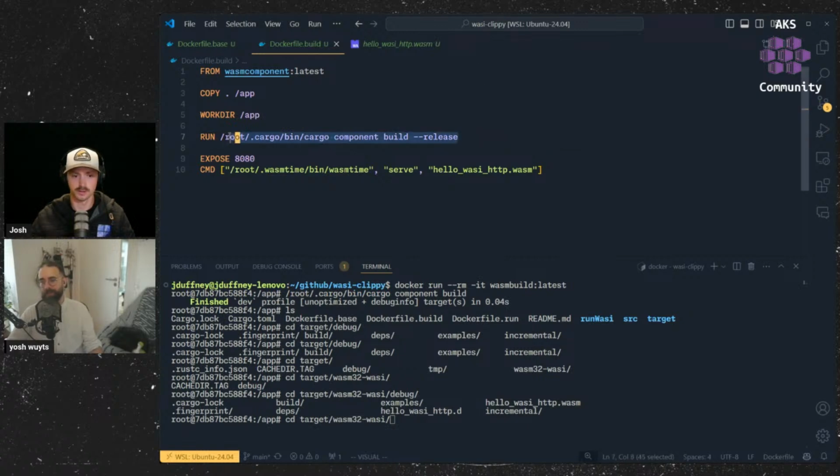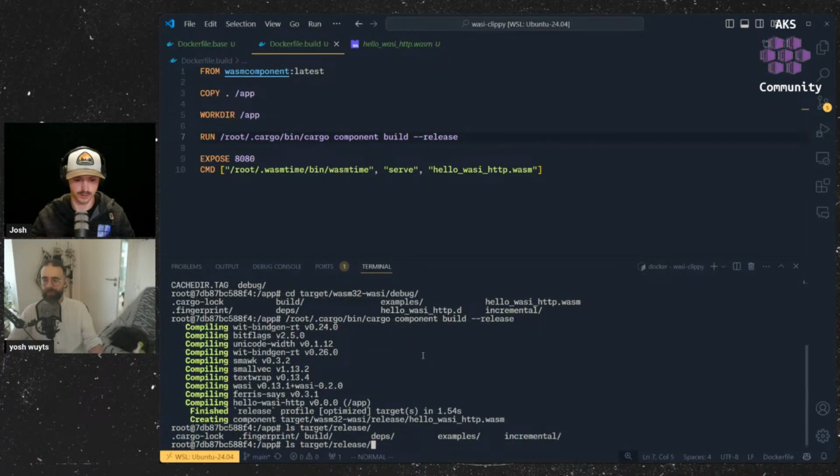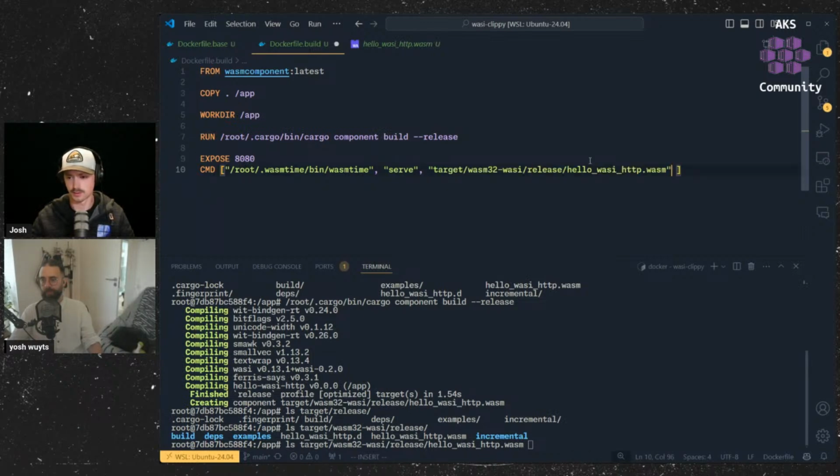Yeah, and then let's just run it again. Oh yeah, good idea. Let me get the absolute path here. So let's just ls target release. Was it wasm32 first? wasm32 release. Yeah, and then there's our binary. So then it would be hello WASM. Yes. So I think if we just copy this to here for now, this should work. So let's see if it can